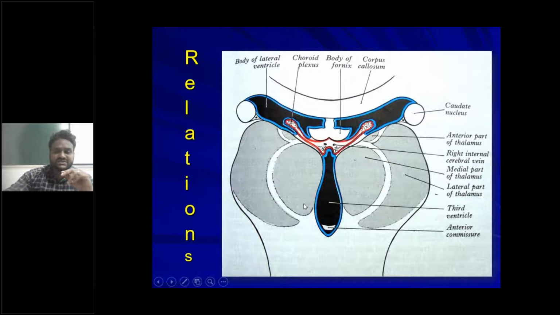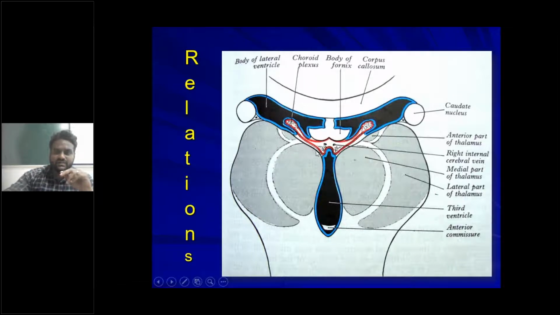And the same picture as in the previous one. This is the thalamus, with the superior surface, medial surface, lateral surface, and inferior surface. Now we see the relations of the four surfaces of the thalamus. The superior surface divides into two parts. Which part is related to the lateral ventricle? That is the ventricular part. The remaining part is called the non-ventricular part. The ventricular part of the superior surface is related to the central part or body of the lateral ventricle.